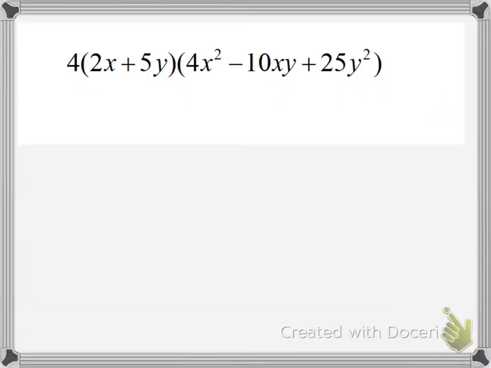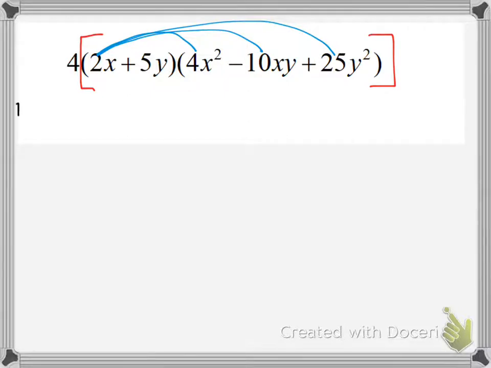All right, let's take a look here. This is the answer we got on the previous slide. Now we're going to check our answer. Again, we're going to leave the GCF for the end, and I'm going to focus on distributing the binomial to my trinomial. Let's start. We're going to distribute 2x. Again, I'm going to keep that 4 on the outside. And now I'm going to start by distributing the